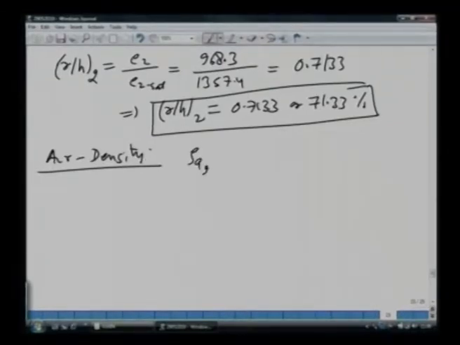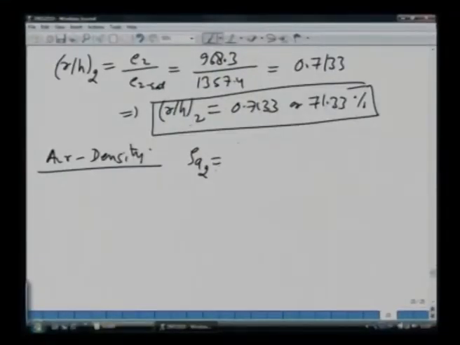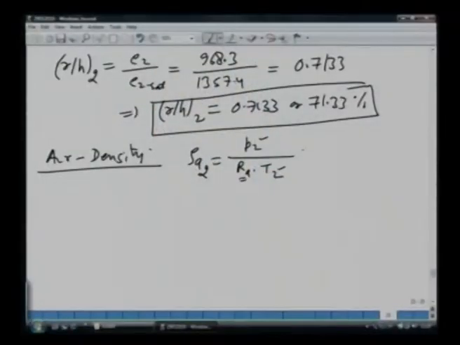Rho A 2, how can we find it? Well, we can use the ideal gas law, which is valid everywhere, at the ground or at any height, it does not matter. So, P is equal to rho R T, that will give you rho is equal to P at the same location divided by R A times T at the same location, which is T 2. We have already found T 2, we have already found P 2, and what is given to us in this problem is that the gas constant R A is constant as a function of height. So, we put that value 287 and we should be able to get what will be the air density.